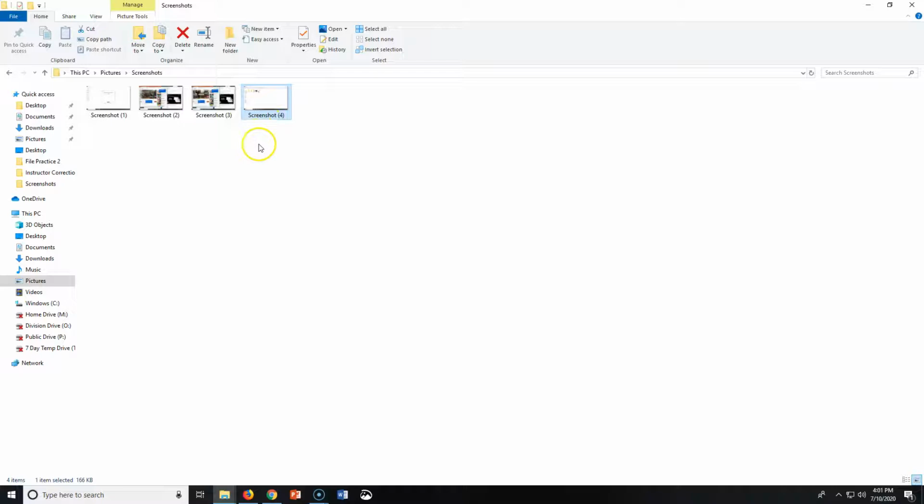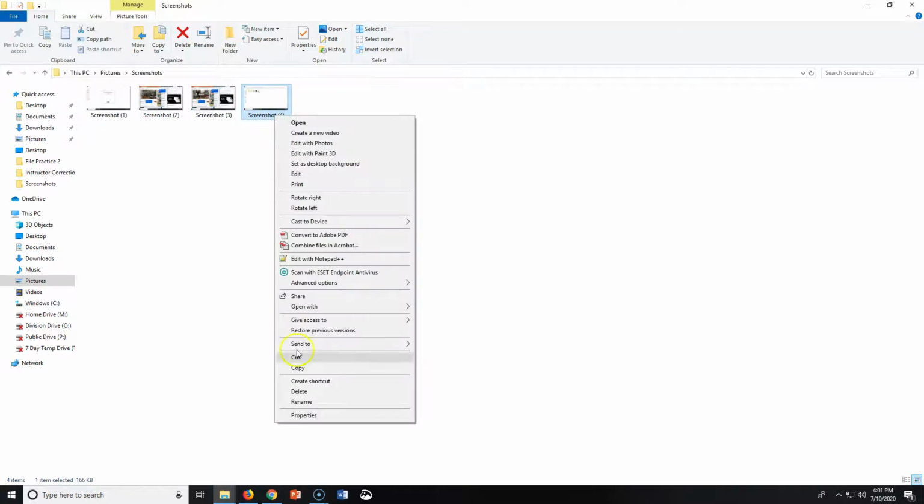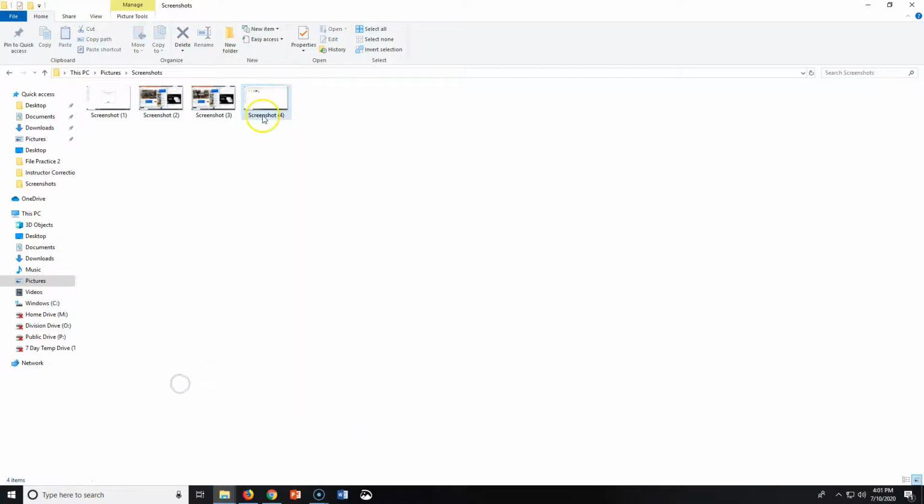The very last step in this exercise is we are going to rename this. So how do we rename it? You can click it, select it, hit your F2 key on your keyboard. You can right click, and we have a rename option here. You can also click on the name and wait a couple seconds, click on the name again, and you can rename it that way too. There's a lot of ways to rename a file.